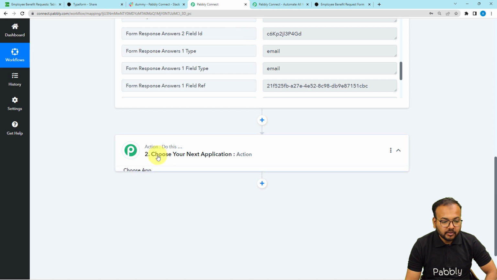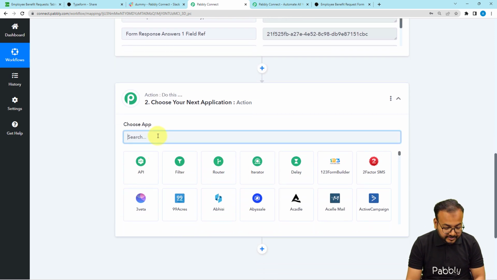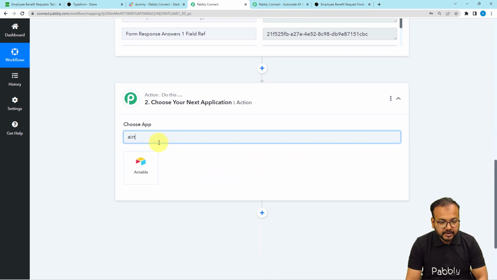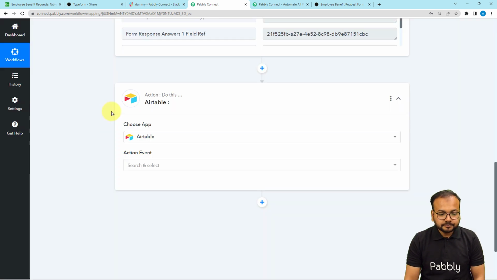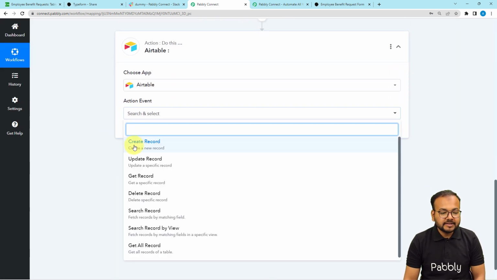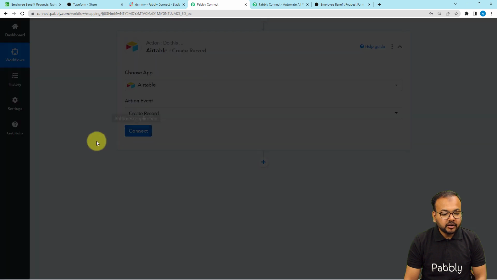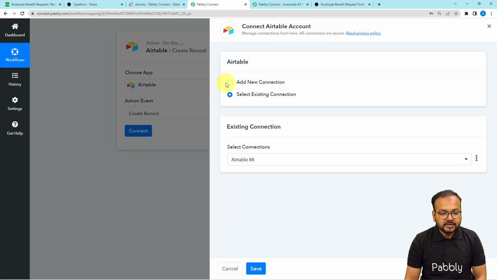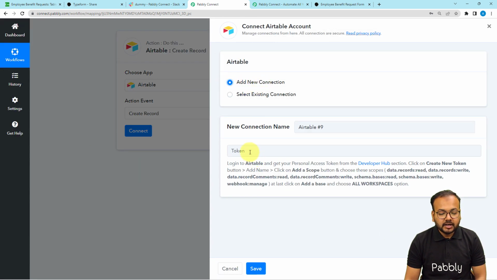For that to happen, I'm going to connect Airtable in this action step. So search for Airtable, okay. Then select the action event as create record. Then click on the connect button. From here select add new connection, and it will ask for the token or the API key of Airtable. So you'll get the key from the developer hub section of Airtable, and from here you have to click on